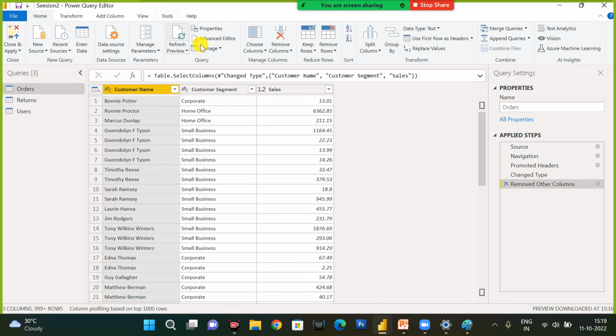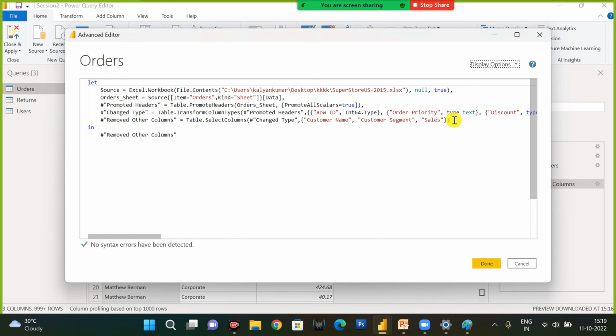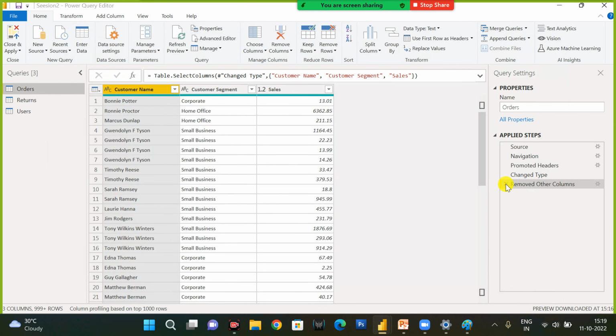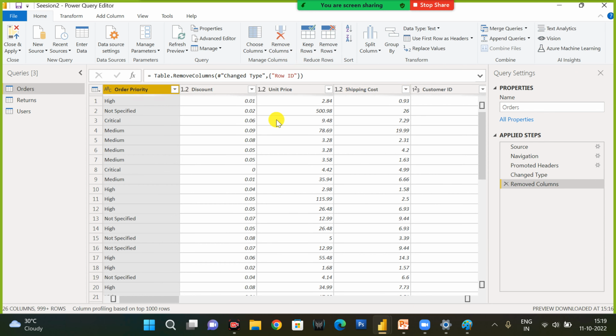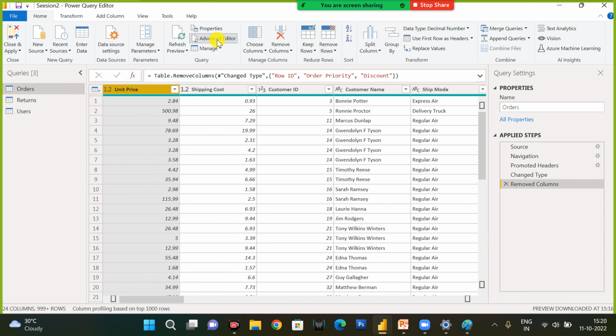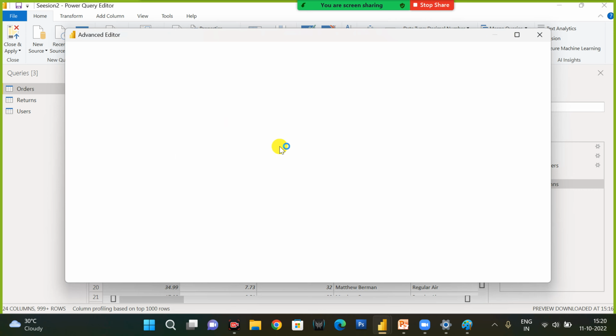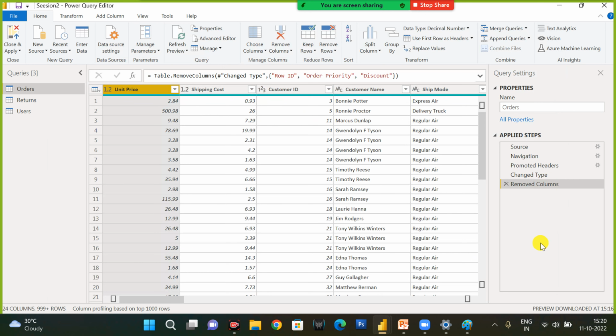Here, whatever changes I have done, you will see those options in the advanced editor. I'm just removing these steps to see all the data, and removing columns in the same way, whatever column is highlighted. I'm just removing the order discount and selecting the discount. Whatever steps we create, everything will be recorded in the advanced query editor, as well as here. We can see the steps here,